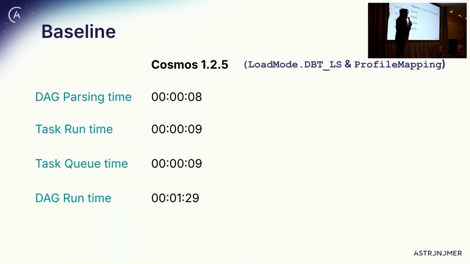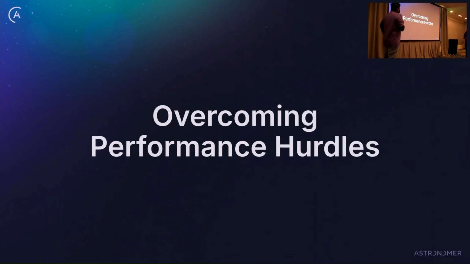So across all the versions you would see this is the node mode that we use: dbt-ls and the profile mapping. One outlier would be 1.3, where we introduce a new parsing method, which is the dbt-ls file, which we'll cover later on. We are now going to cover how we overcame performance hurdles. I'm one of the latest contributors to Cosmos, so I didn't contribute a lot to overcoming these hurdles, but probably in the coming future. We have something to show you. This is a small teaser video of what we are going to cover next.